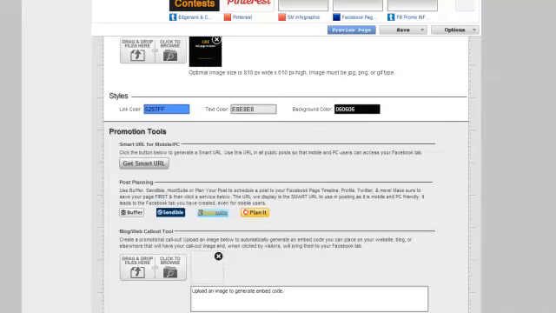Every engagement app that TabSite offers has the promotional tools area, and what this is, the ability, and which is important, I'll talk about this a little bit later, but to get your smart URL. We recommend that you use this smart URL in posting because it enables users of all types of devices. When you post this in your newsfeed saying, hey, enter our sweepstakes, and it goes out, they might be on a mobile device, a tablet, or a PC, and you want any of those to be able to click that link and come back to be able to enter. And the only way to guarantee that across the board is to use the smart URL, because Facebook does not natively